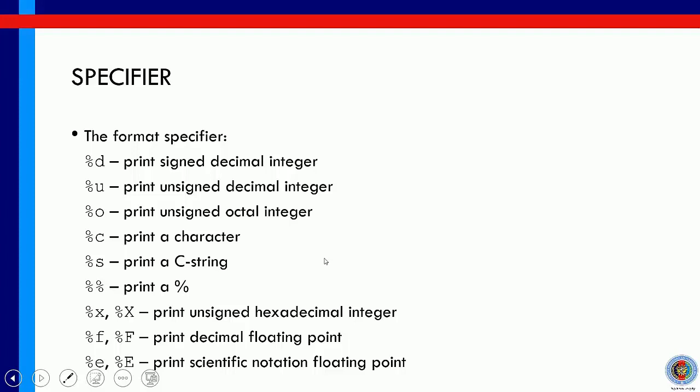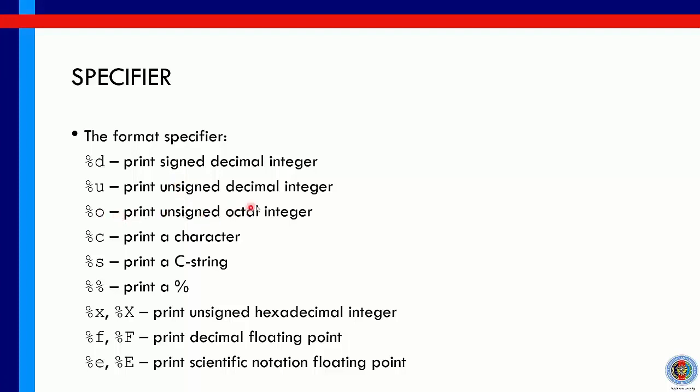But for our class, let us look at only this list. %d, which we already used so many times, is to print signed decimal integer. %u, unsigned. If you are trying to print a negative number with %u, you will get a different value.